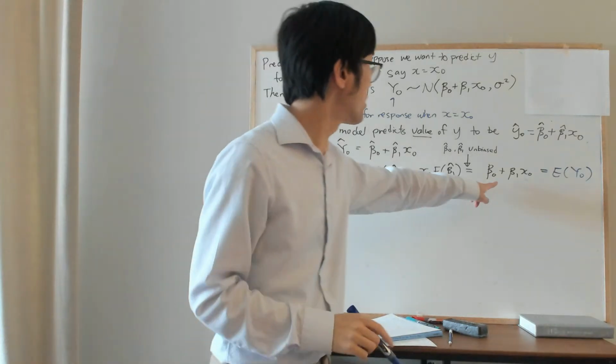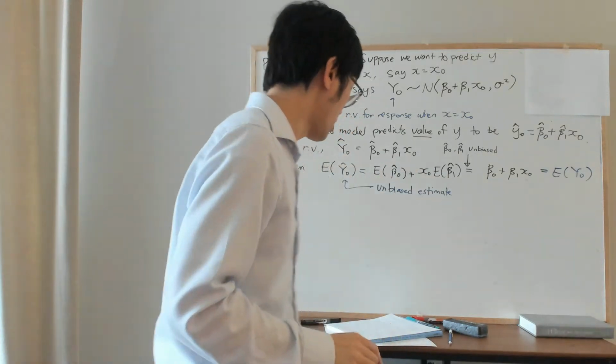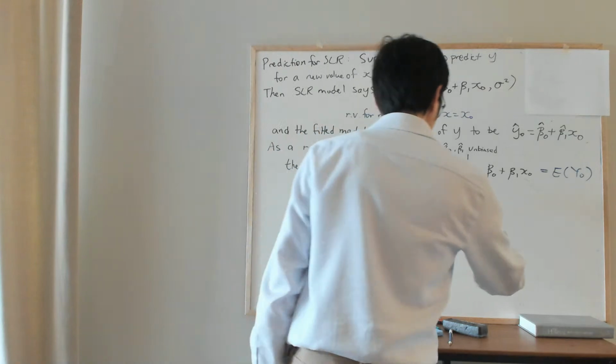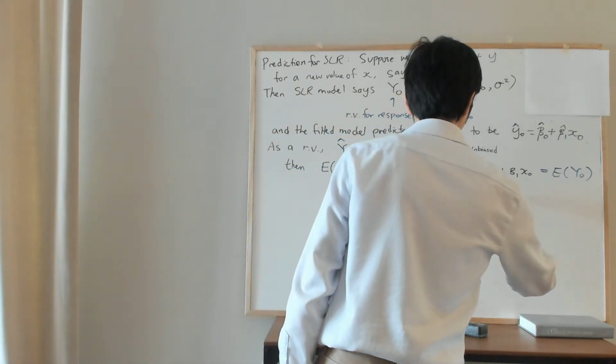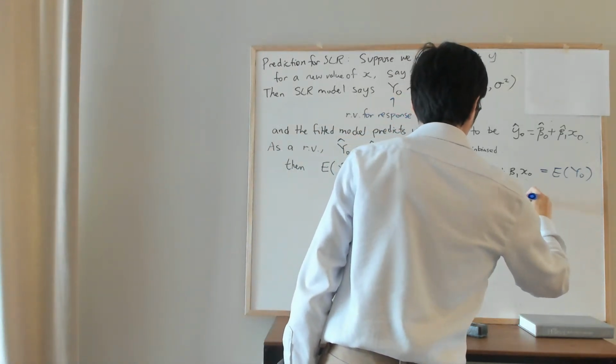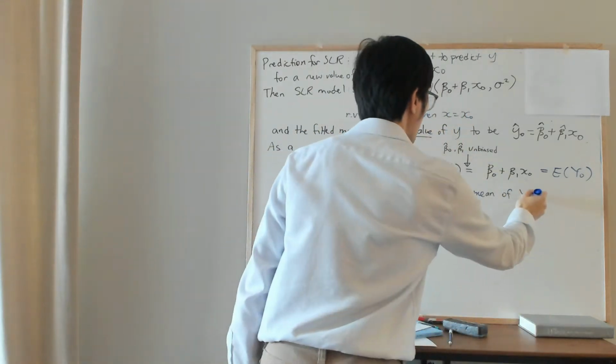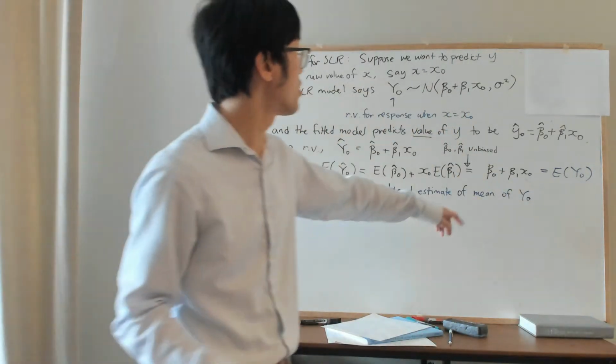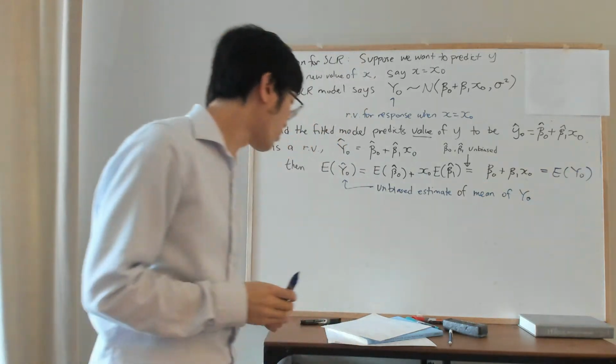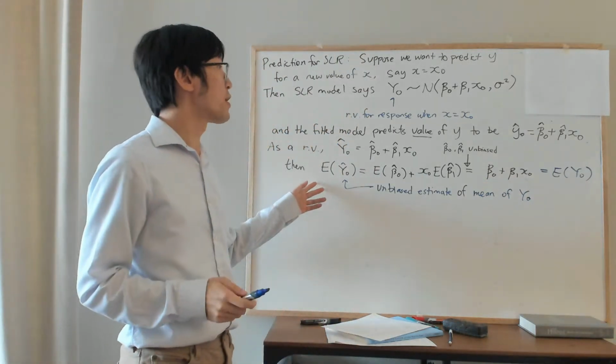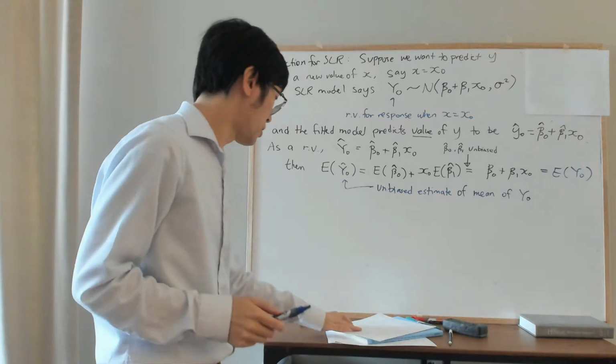Well, of what? Of the mean of the random variable for the prediction. And so we see that when we view it as a random variable,